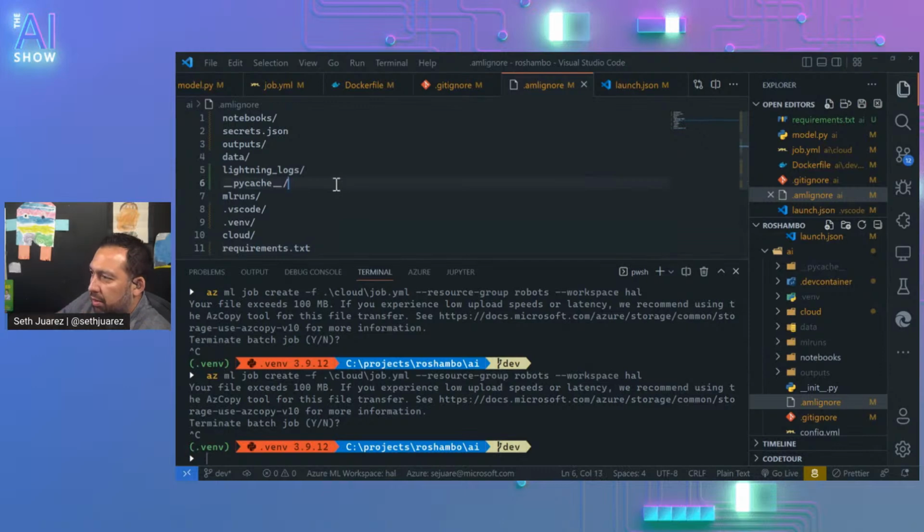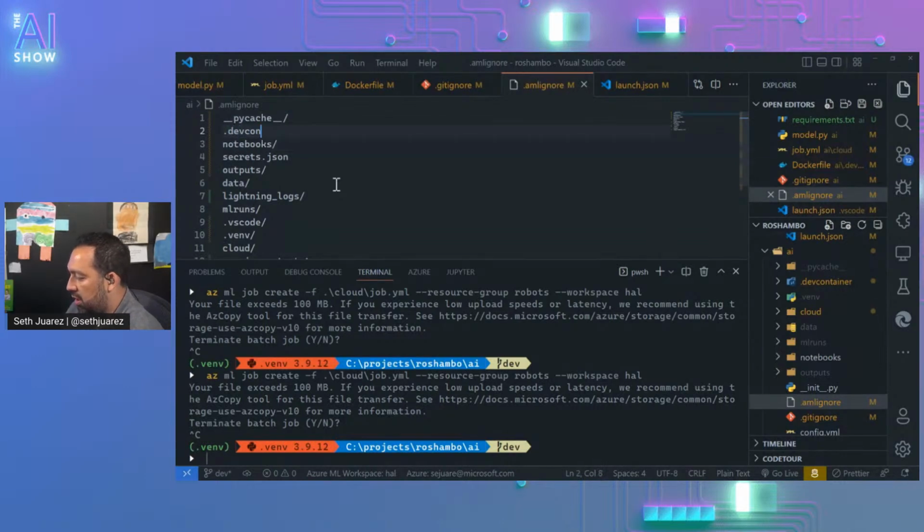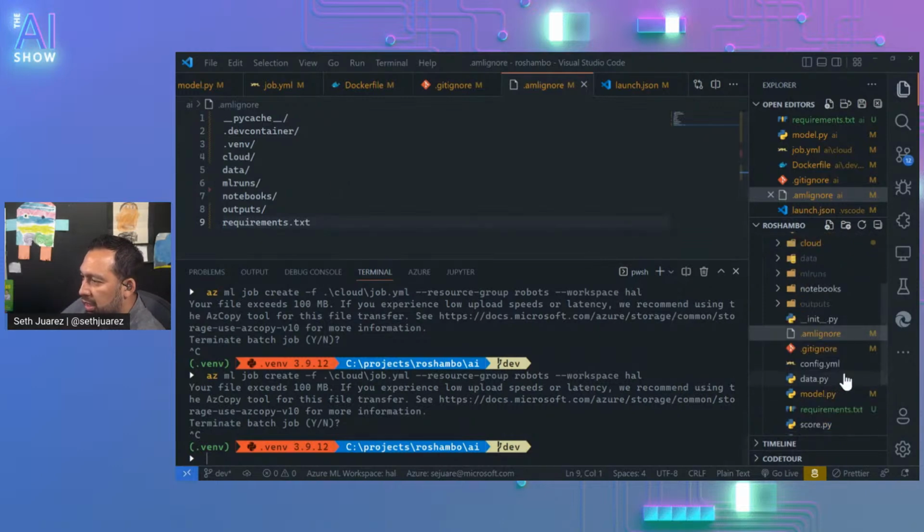Let's put all the folders up here. So we have PyCache. The PyCache, we don't need the .dev container. We have the venv. VS Code is gone. We have the cloud folder. We have the data folder. We have the ML runs folder. We have the notebooks folder. We have the outputs folder. There's no more secrets.json. We don't have this anymore. Oops, Control Z. We don't need requirements.txt.